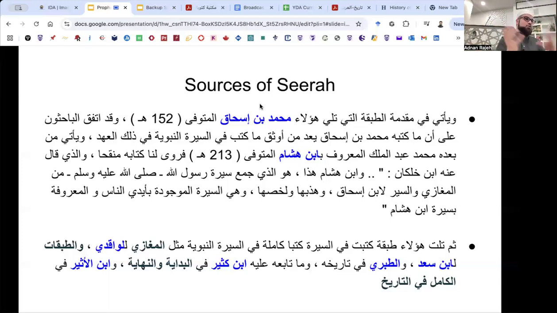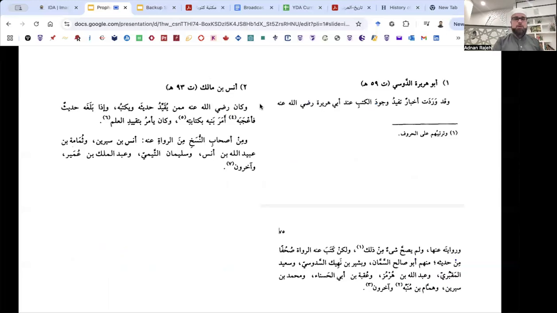Now we have a mixed style book where there's a hadith, meaning the chains of narration are being held to the standard of a hadith. And then you have stories that have chains of narration but aren't held to that same standard. So now you have a mix of information. And all these books that I have there are important, and these names are important of people that you should know. So what I'm going to go through briefly are who are the main sources of seerah